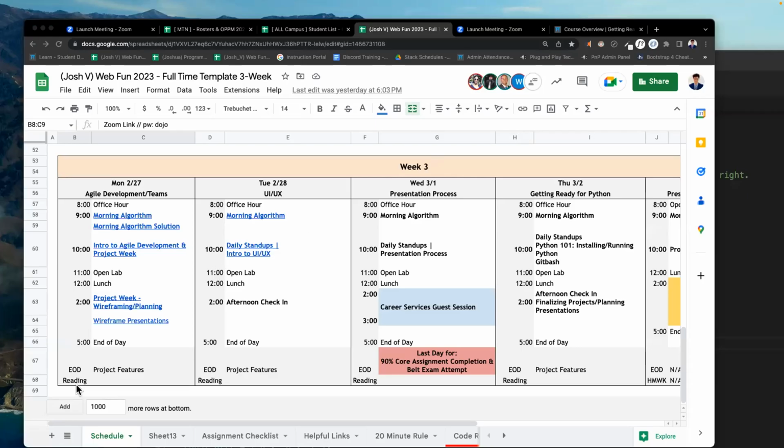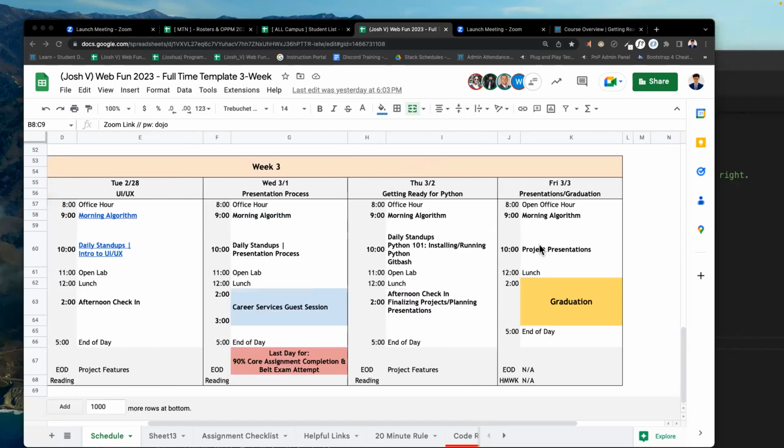Okay, here we go. So like I said, we're gonna do our stand-ups and then go ahead and dive into Python, installing it because we're starting it next week. Tomorrow we are presenting our projects, so we're gonna do another check today at 2 to make sure we're on track. So let's go ahead and get started here with